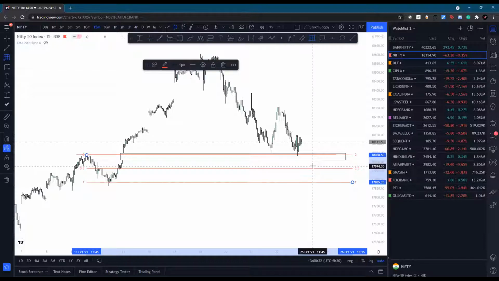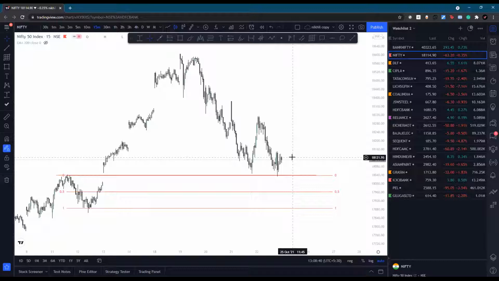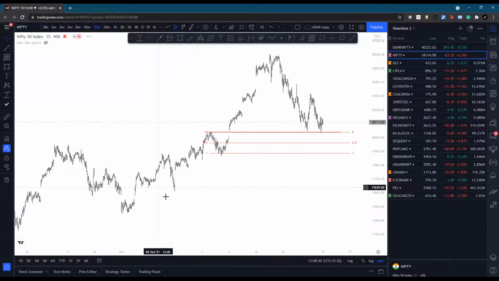That means if it takes support, it will take support from here. So any bounce from this price, a break of market structure at the order block level, we can look for a buying entry. But we have many gaps. This month it's also Diwali season. So avoid trading Nifty and Bank Nifty and rather focus on stocks, because a lot of blue chip stocks are going to give their results. And you can use the straddle strategy to your advantage.